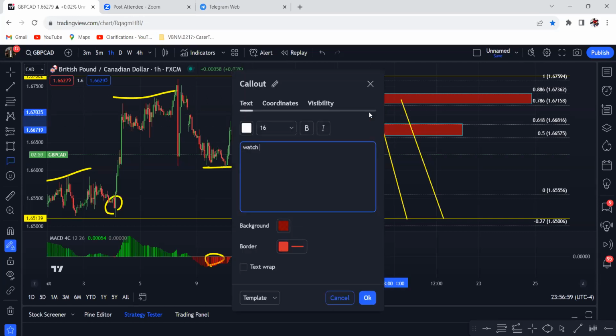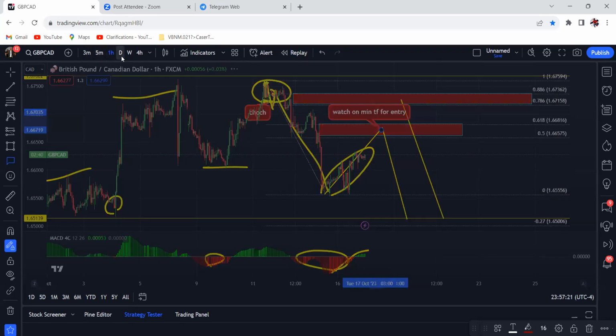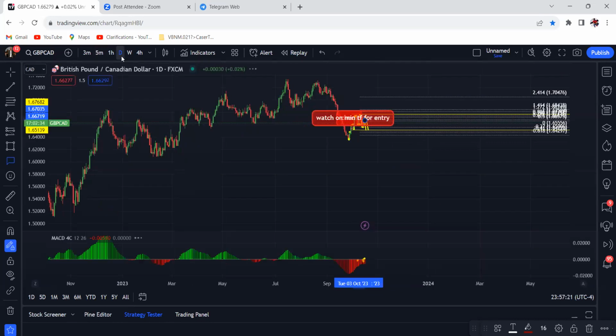I mean, I can automatically jump in here and just sell, right? I always tell people, watch the minutes time frame, because that's where I'm supposed to be entering for entry. Because if we're going to get a sell setup here, that sequence should be happening on the smaller time frame. All right. Does that make sense? So now I have a whole strategy on how to trade this.